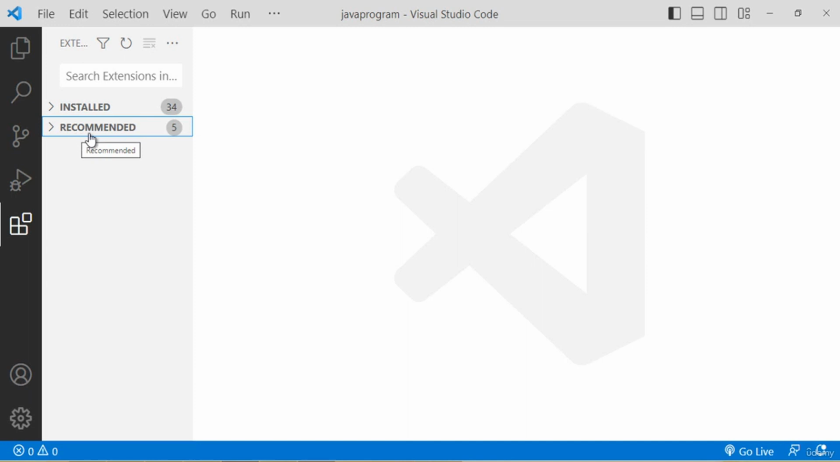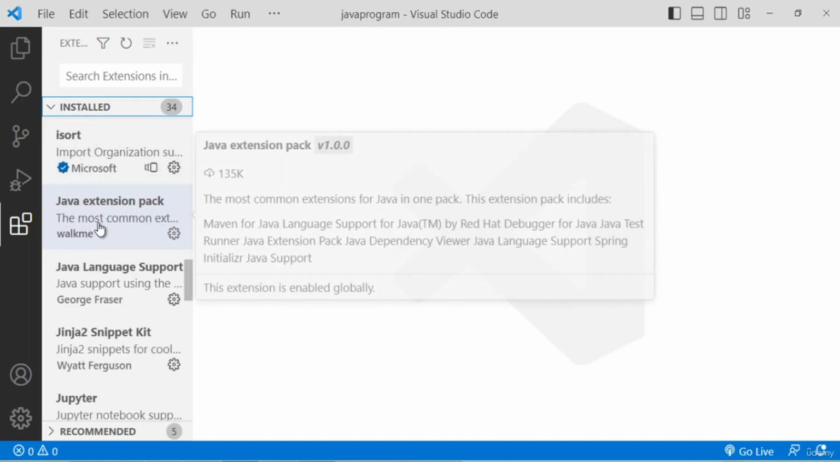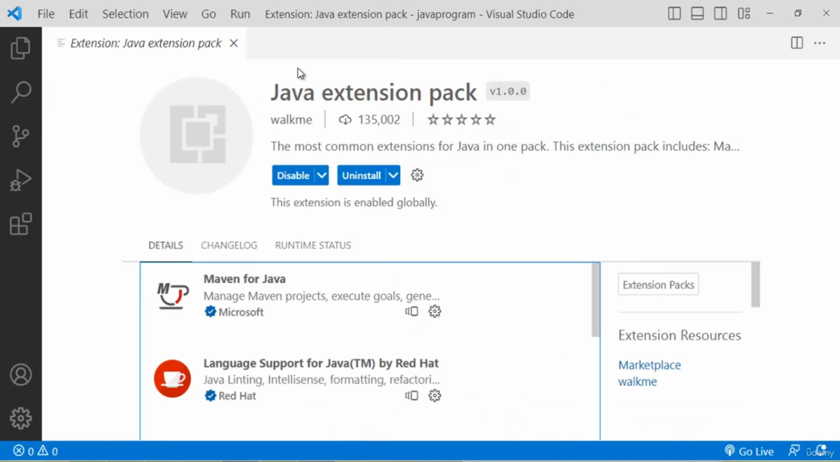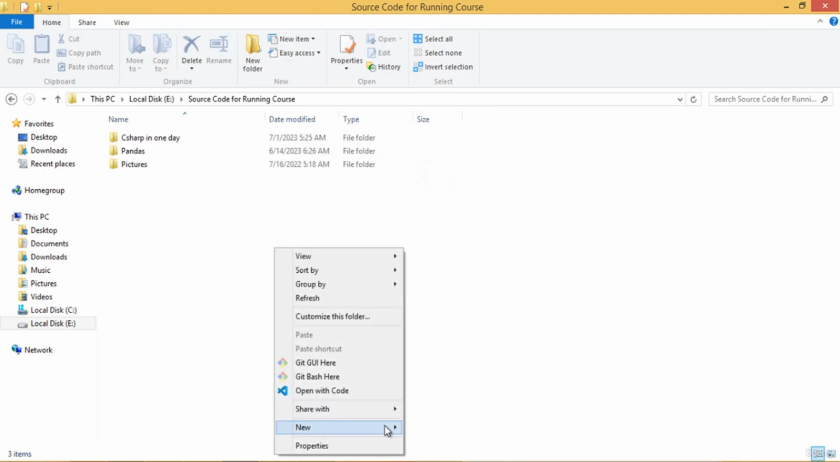You can install extensions for your VS Code. Installed extensions means you have already installed them. So you can see the Java Extension Pack, I have already installed this one. That is why the option is showing Uninstall. So you have to install this extension for your VS Code if you want to work with Java in Visual Studio Code. Now I have to create a folder for Java